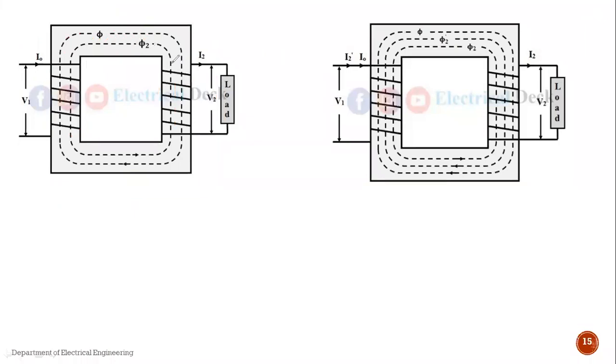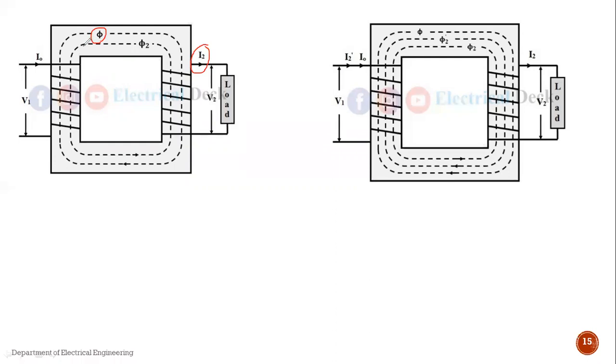At no load condition, which we have already seen, the secondary side is not loaded. At that situation, the current I2 equals 0. That means the secondary side current will be 0. The current flowing from the primary is the no load current I0, which we already saw in the previous lecture. So I0 will be flowing from this side, and due to this I0 current, it will set up some flux in this core. That is the first condition. Now the second condition is that